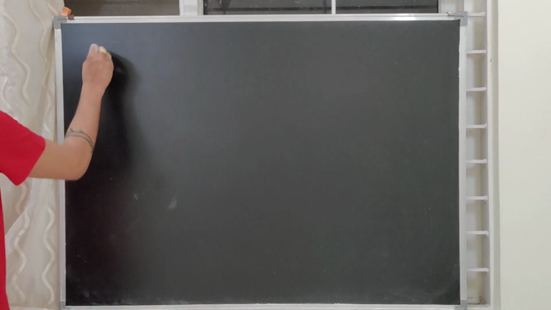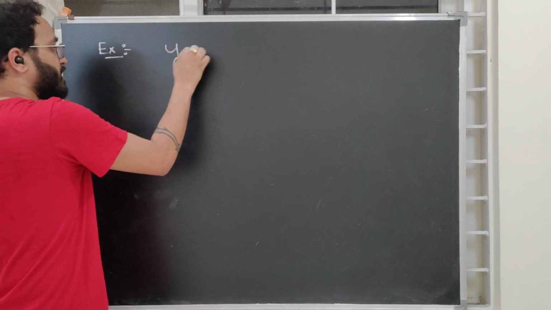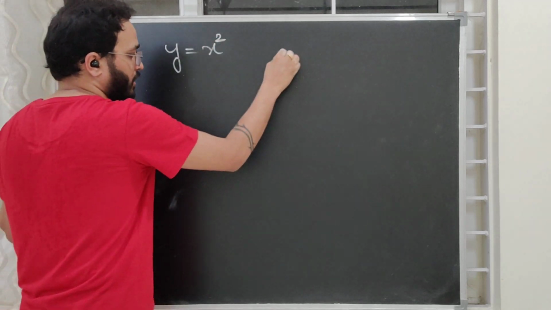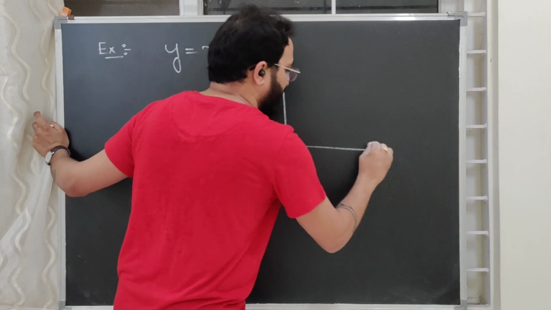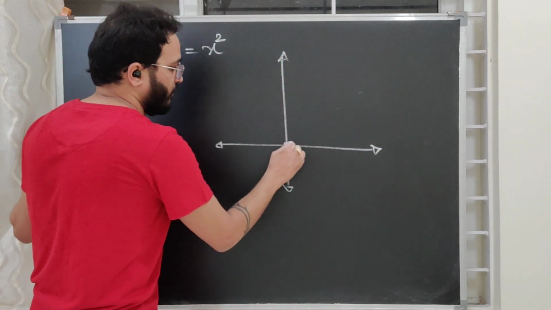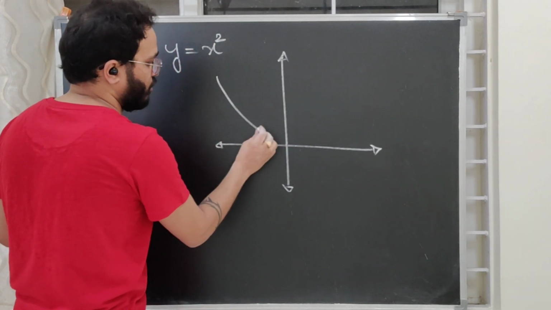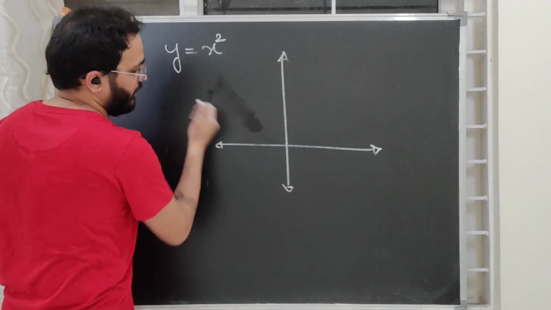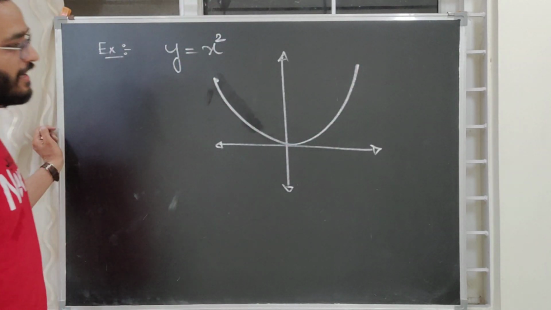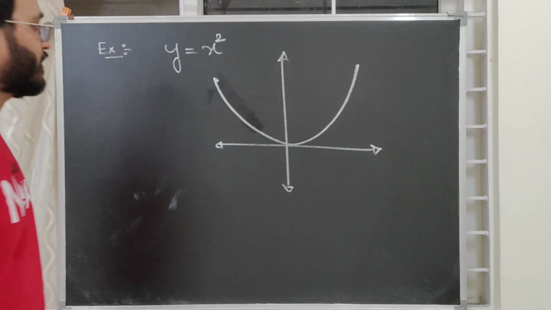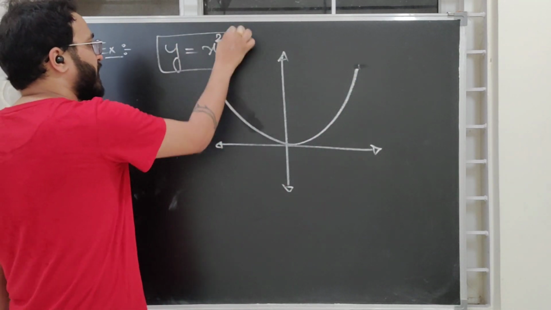Now let's take one simple example. Suppose there is a curve y is equal to x square. It's a quadratic equation with identical roots at 0. So this curve will definitely look like this. This is a chalk cut break, and this chalk really irritates me. Anyways, let's come back. So this is a curve, right? This is the curve y is equal to x square. Everybody knows it's a parabola, because this is a quadratic equation with identical roots.